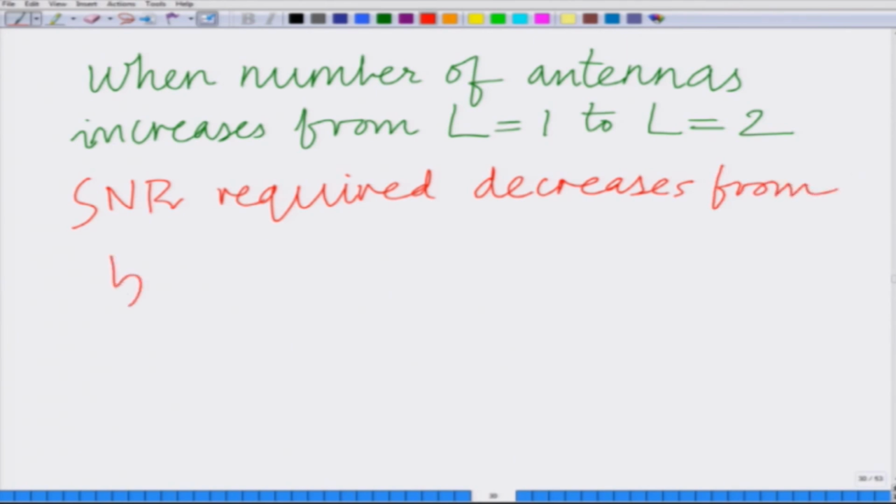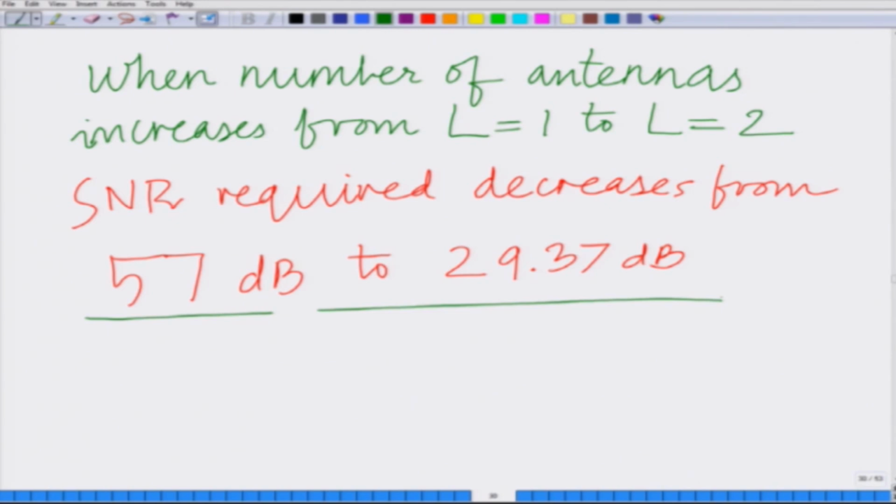decreases from 57 dB to 29.37 dB. So, what we are seeing is that as the number of antennas is increased from L equal to 1 to L equal to 2, the SNR required to achieve the same bit error rate, that is 10 power minus 6, has decreased from approximately 57 dB to 29.37